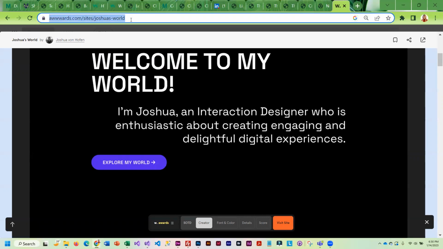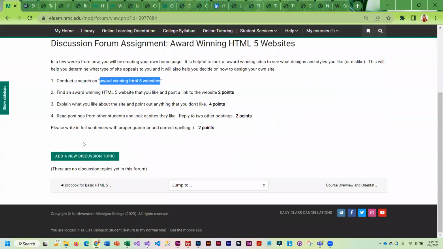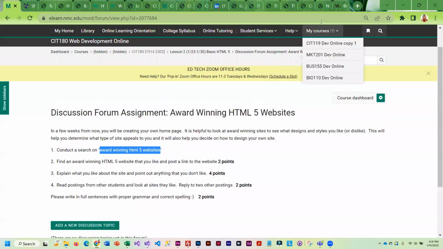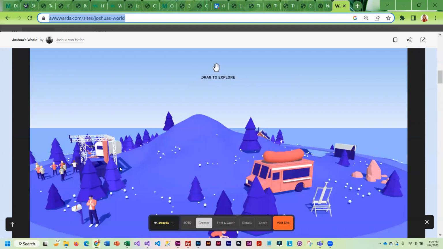Copy and paste the address into a new discussion topic. Then explain what you like about the site, and point out anything you don't like. Then I want you to take a look at what your classmates posted and reply to 2 of them. Okay, so looking up award-winning sites,